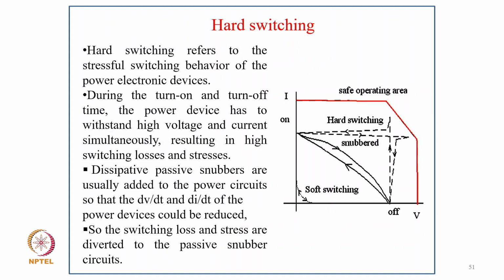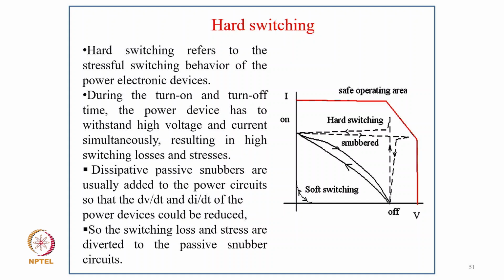So now coming to hard switching, as shown in the diagram of I and V. V is the voltage across the device and current is through the device. You can see that with soft switching it takes a very small time and leads to very low losses, whereas in hard switching, the dotted line, it takes a large current and large voltage, so losses increase. And with the snubber, the turn on and turn off get moderated, as it is in between the two cases.